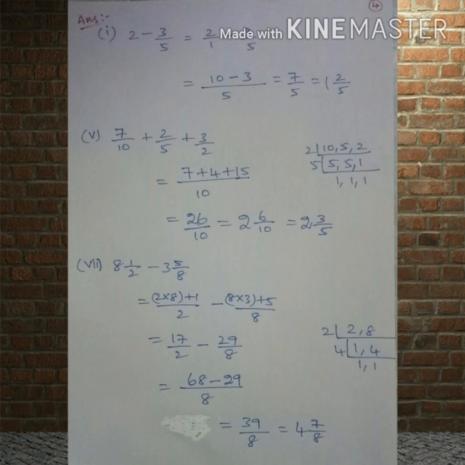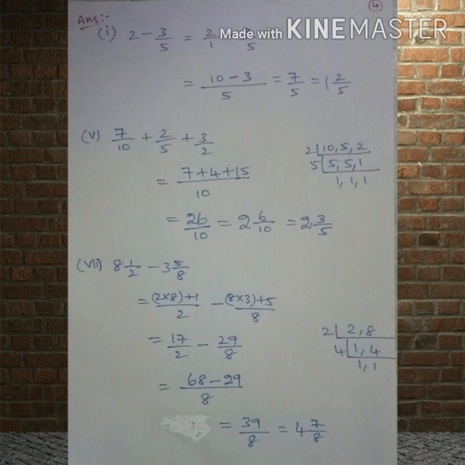Once we divide 5 by 5, we will get 1. 5 divided by 5 is 1. 1 doesn't divide by 5, so we just keep it as it is. So we have to multiply all the numbers. 2 5s are 10, 10 into 1 is 10. So the LCM will be simply 10.